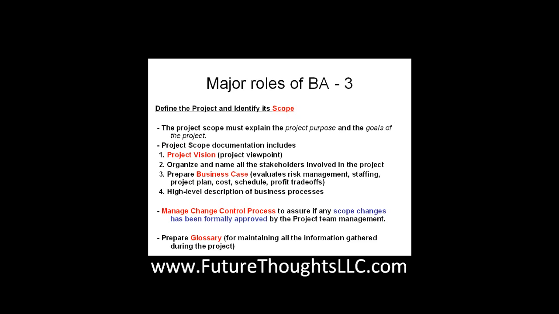So they are involved in the project, of course, and then you have to organize and name them. You usually create a whole list of names, and then you organize it accordingly: this stakeholder belongs to this particular business function, they are from finance, they are from HR. Then how do they really tie up with each other?